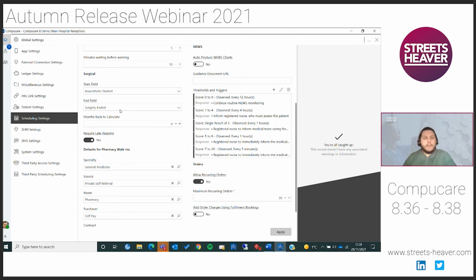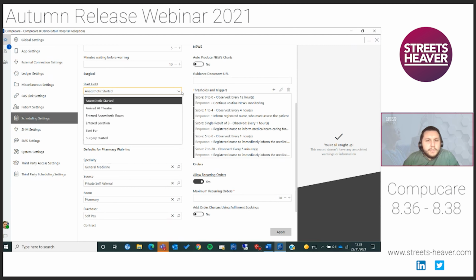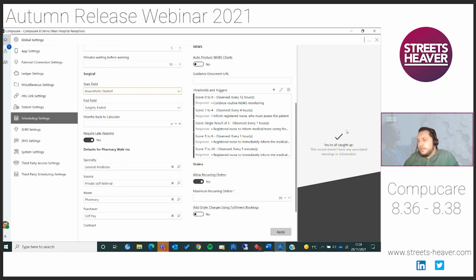Another important thing worth noting is the start field at the top here. So it will give you a drop down of options there, all of which are in our theatre tracking screen. And this is what it's going to track against to show you when the booking is late. So as soon as it's hit this field, that is when it will class as late if it's running over the time. So if we just jump into theatre tracking, we can see this working. So I'm just going to apply those settings